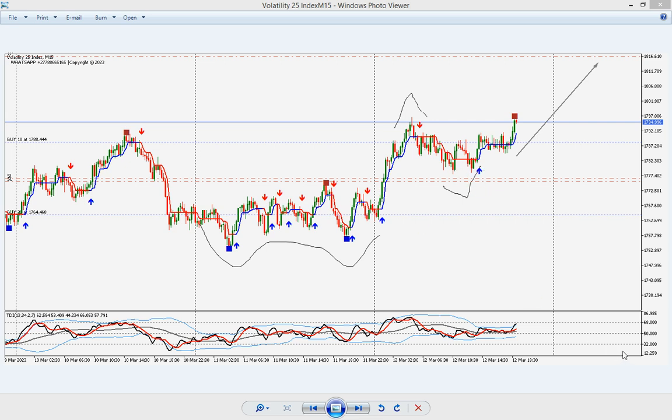But here on M15 it's different. We have too many noises of signals, but what's giving us an edge is the peak. The peak formation is very important. You can avoid all this